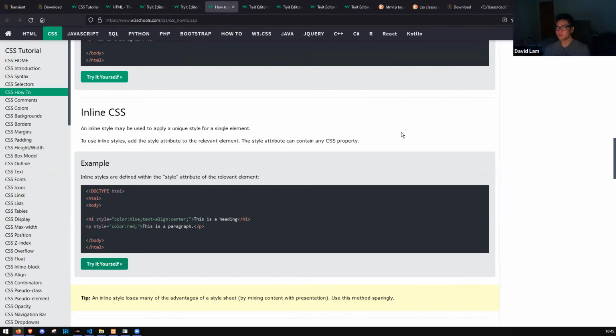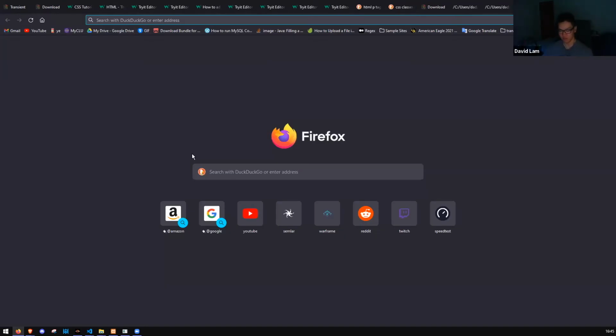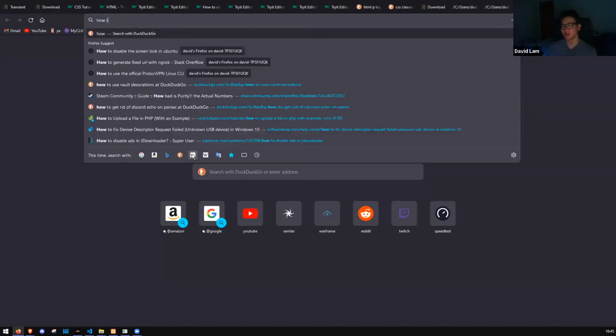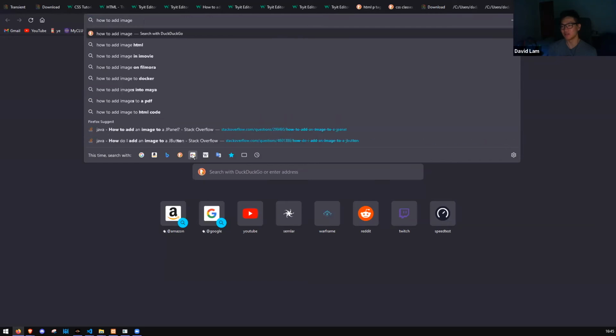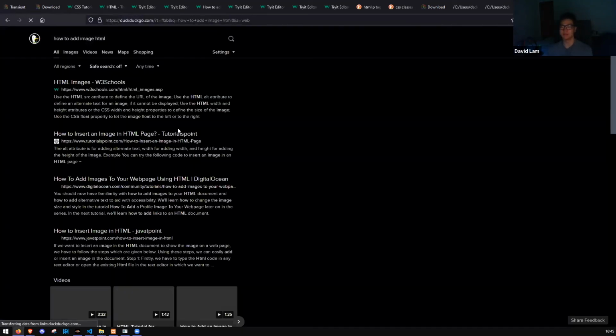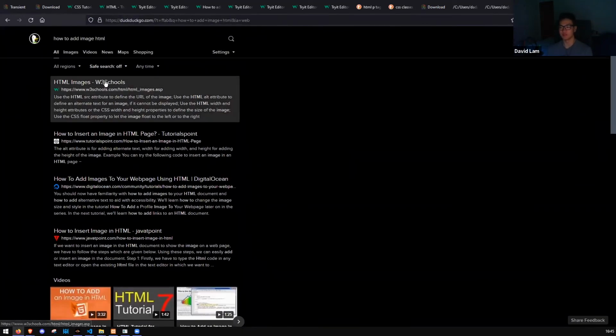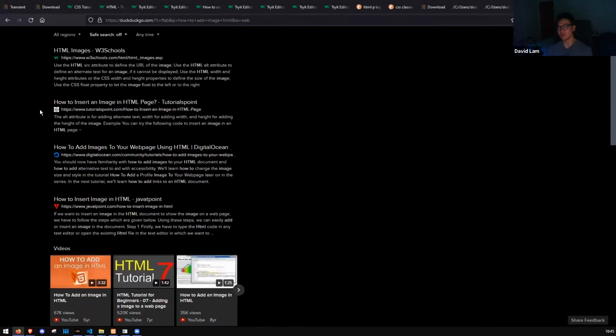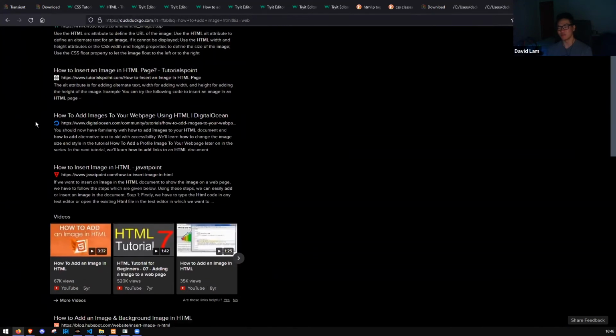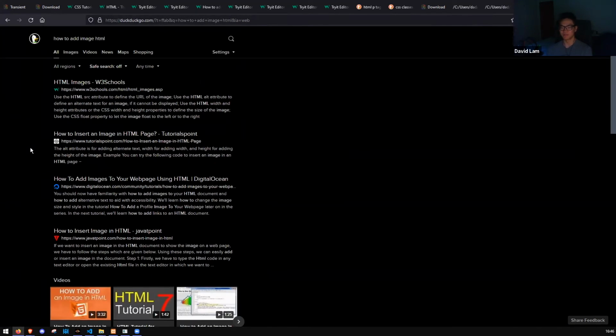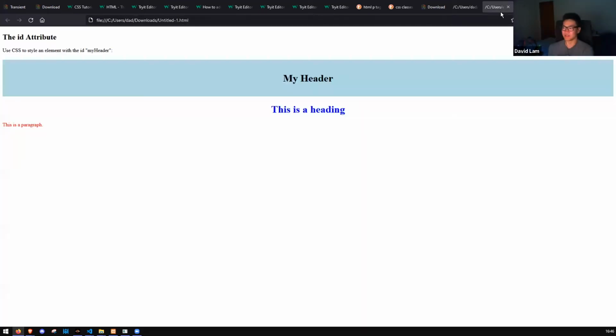Yeah, cool. And I didn't really mention it much this time around, but definitely, if you don't know something, for example with this issue right here, just look it up: how to add image HTML or something like that. And then you just look through and hey, look at that, W3Schools right there. That's a nice one. Tutorialspoint, I use that one. So whatever you find,